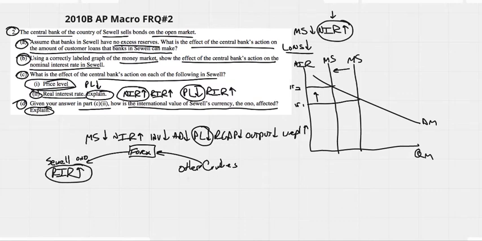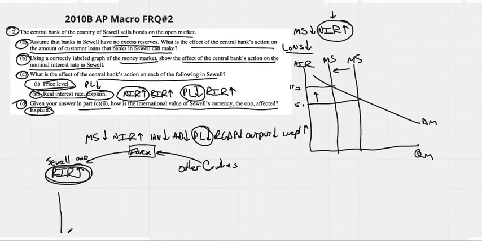because they can't put their currency into Sewell's banks. They have to have Sewell's currency to put it into the banks and therefore get that higher real interest rate. Remember, foreign exchange is the only place in this curriculum, I think, for macro, that we actually think about putting money in the bank and making money on it. So